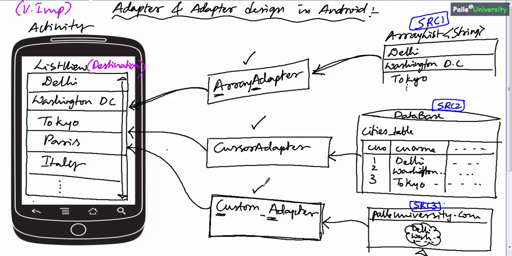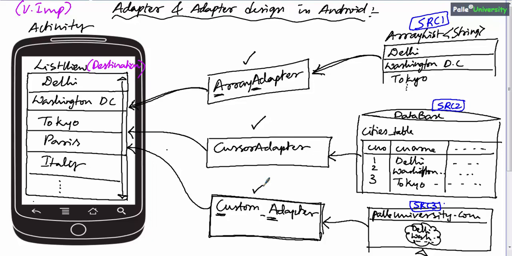In case data is coming from any website or from any server which is connected over internet, in that case we will use custom adapter. Along with these three adapters, there are many other adapters also which we will be discussing in our ongoing sessions. Remember, custom adapter is not a predefined class. Any adapter written by programmer is called as custom adapter.